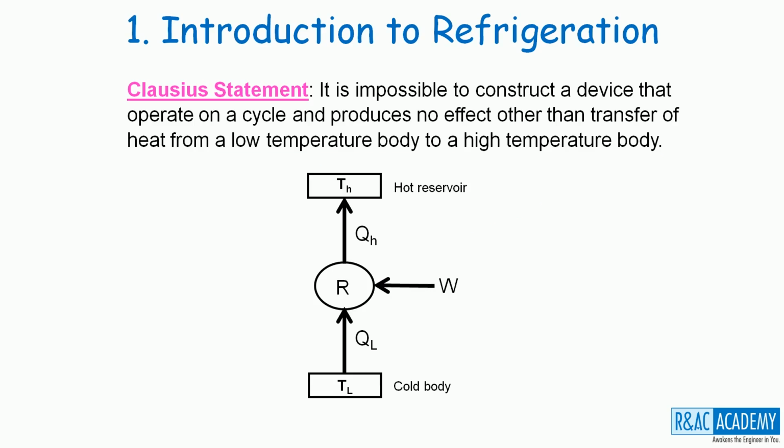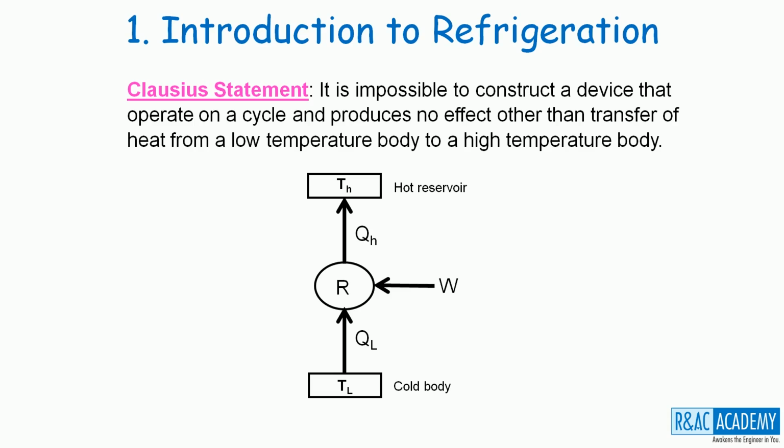The next. This is how a refrigeration cycle or system is expressed in a block diagram format. You have a refrigeration cycle or system R absorbing heat QL from a low temperature body at TL and rejecting heat QH to a high temperature body at TH. In the process, it will be taking W amount of energy as its input. Let me explain an interesting perspective here. In the context of thermodynamics, the letter W typically denotes work energy.